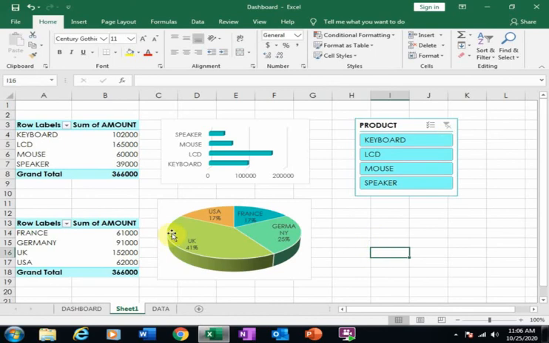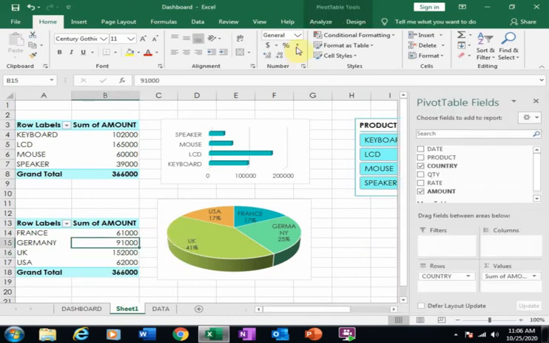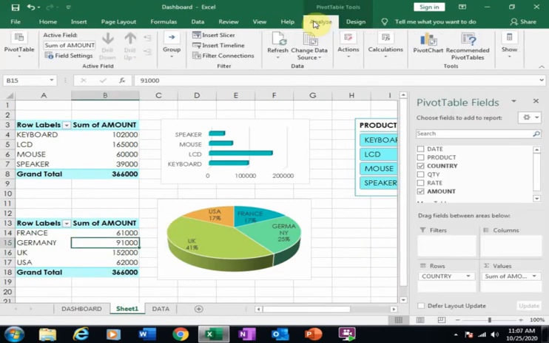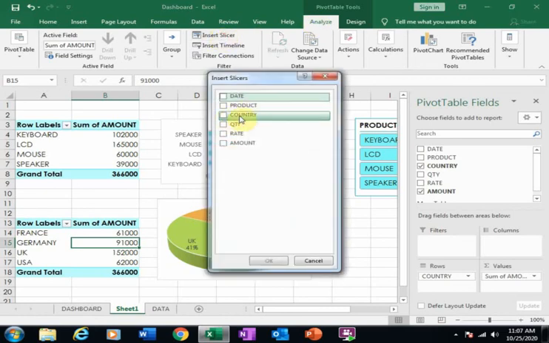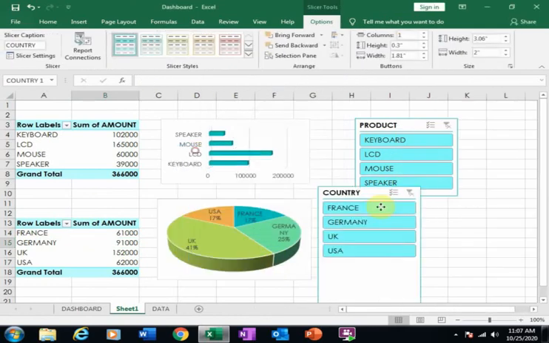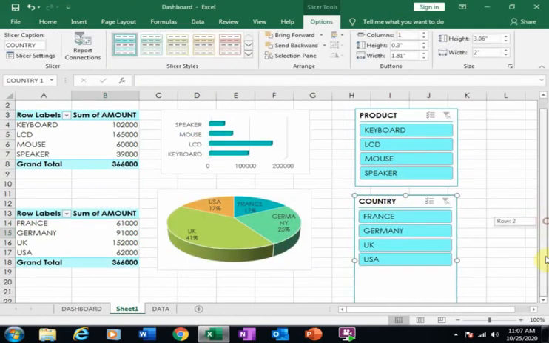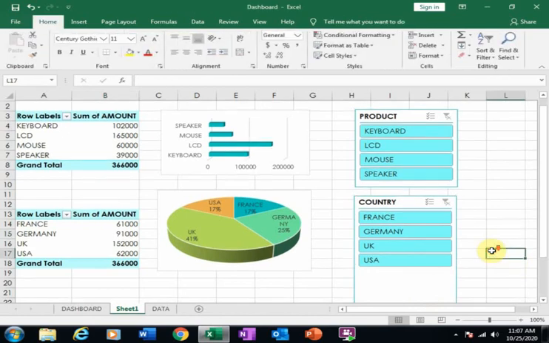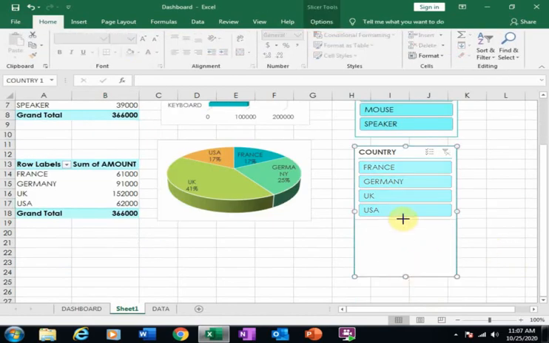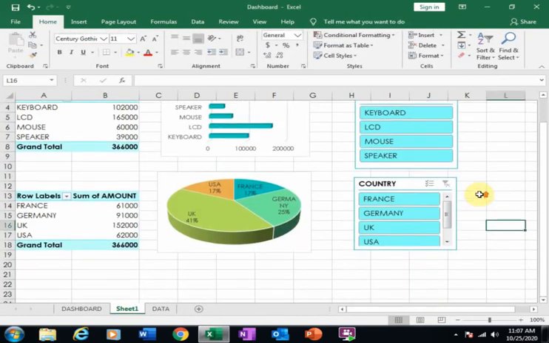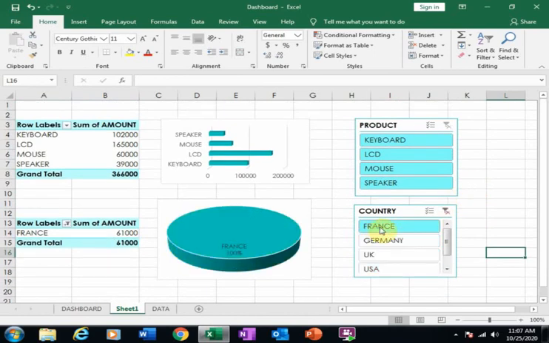Now create another slicer country wise. Just click here and go to Analyze, and here click slicer, and I want to show the country. Just click here and click OK. If I click France, it will display France cells, but it is not linked to pivot table 1.